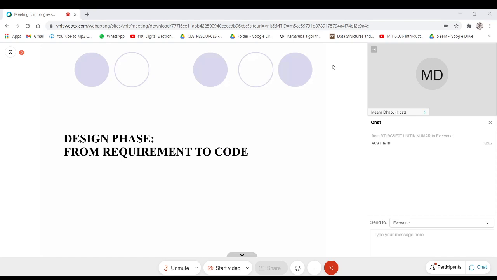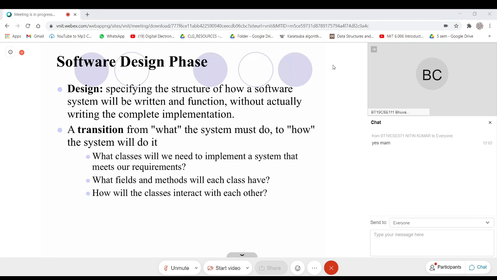Coming to the software design phase, as I have already mentioned, what is being done is specifying the structure of how a software system will be written and function, without actually generating or implementing the code. This will be a typical transition from what the system must do to how the system will do it.